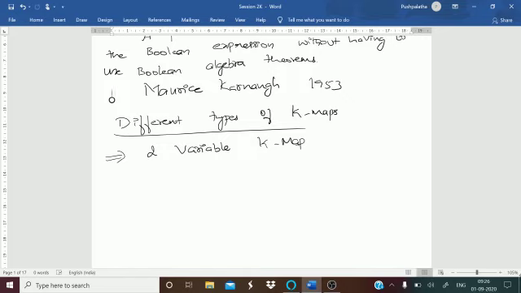In K-map, we are going to draw a block, representing it in the form of squares, and each square will represent either a min term or a max term. At present we are going to talk about the SOP, that is the min term. Once you are familiar with SOP or the min terms, the same can be followed with slight changes for your max term or POS also. And adjacent squares always differ by only one variable.